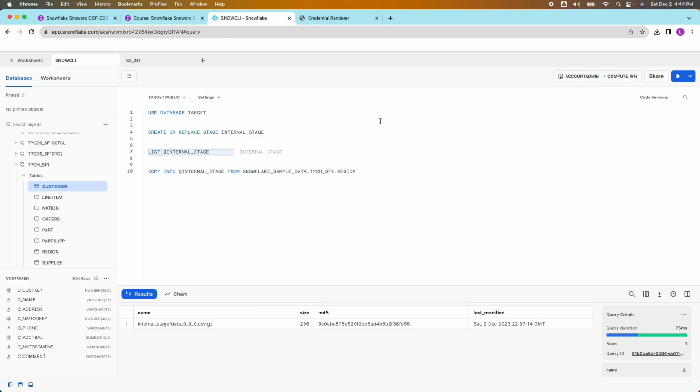Now, there are three types of internal stages. There is a user stage, a table stage, and a named internal stage. For the purposes of this demo, I'll be using a named internal stage called internal_stage. The process of using the REMOVE command to remove files from these internal stages remains the same irrespective of the